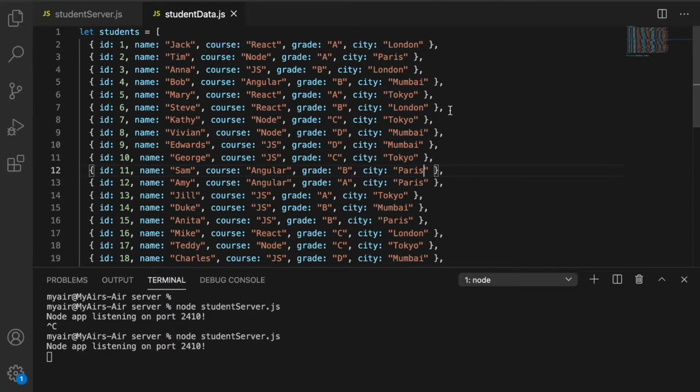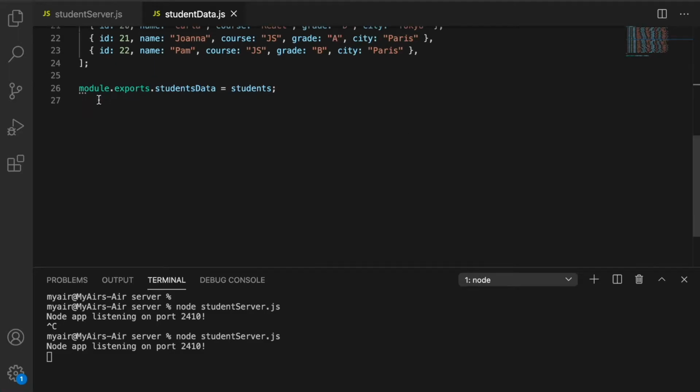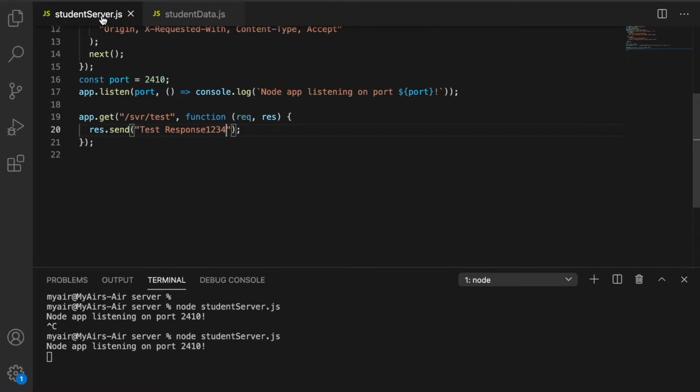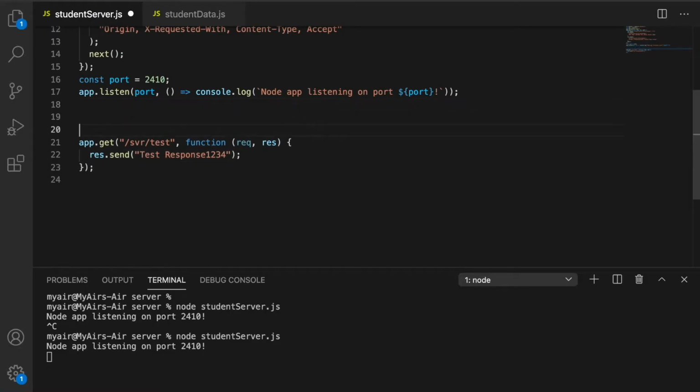So here we have created a module student-data.js, which has an array of students, which is exporting as module.exports.studentsData. So how do we use it? Let's use it here.